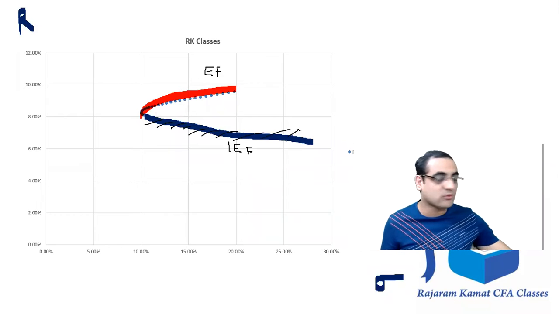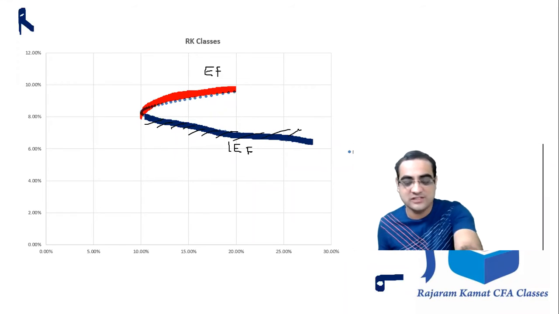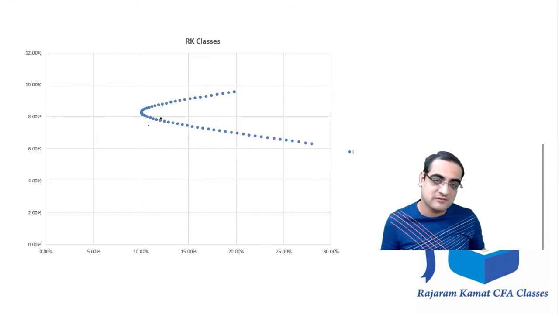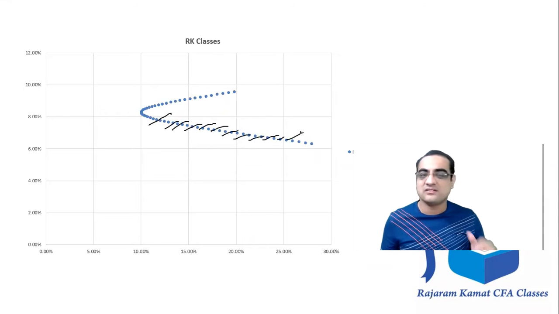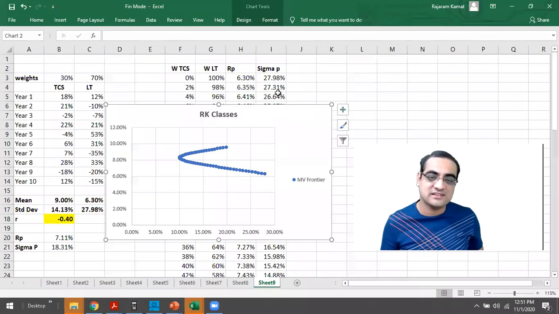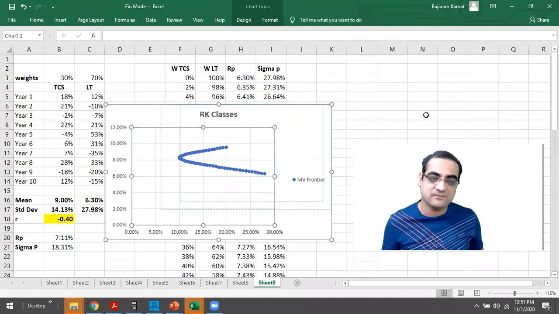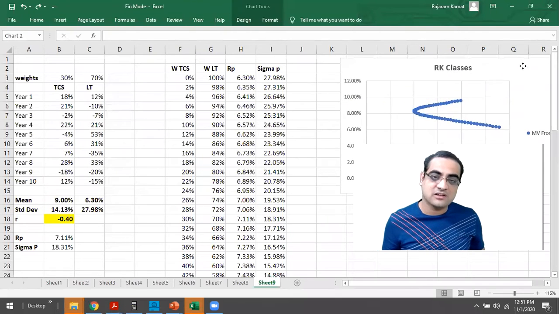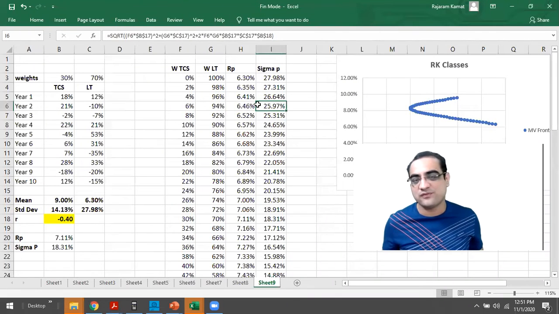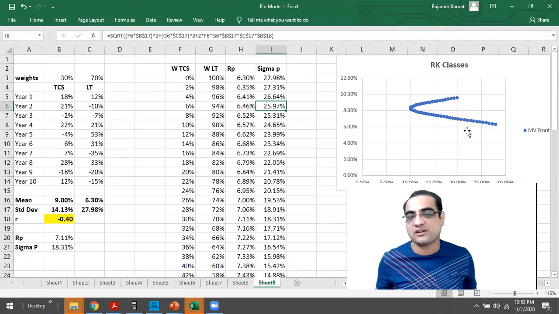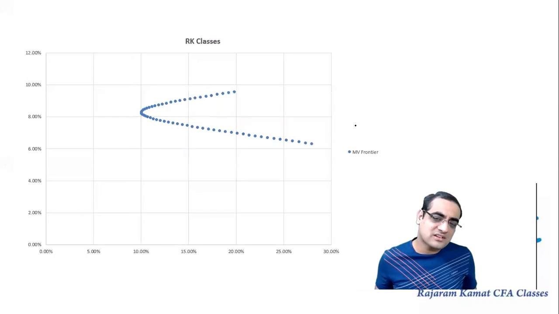And as an investor, we don't want a lower return, we want a higher return. So जो नीचे वाला है, that's inefficient frontier. So basically we want to delete that. Okay. So graph में वो delete नहीं हो सकता because we do not know कि ये जो portfolio हमने draw किया है उसमें से कौन से portfolios are efficient, which portfolios are inefficient, we do not know it. So it's not possible for us to directly delete it on the Excel sheet. But that's okay.